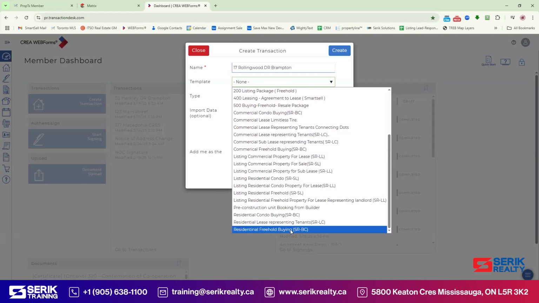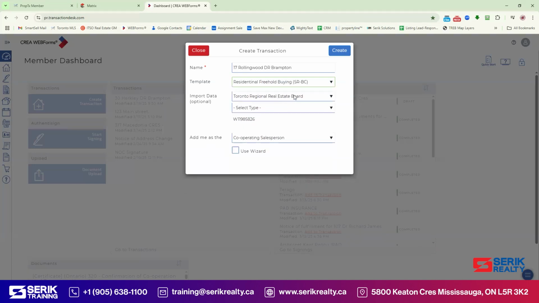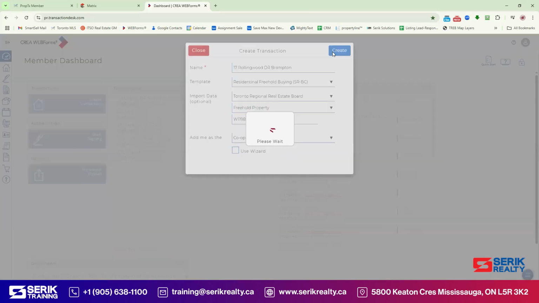This is the template we'll be using because this is a freehold property, so we'll be using the residential freehold buying template. The property is listed in Toronto Real Estate Board and it's a freehold property. We have to choose what type of property it is. MLS number is already there and we are on the co-op side of the transaction. When we create the transaction, it will take us to the next page where we will have to